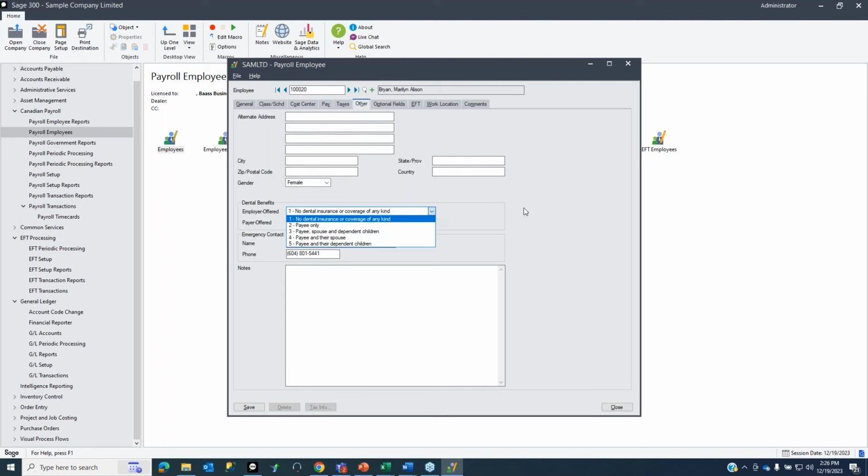If you, for any reason, made a mistake and you forgot to update an employee, the reason why that code is populated is so that if someone wants to apply for those benefits, they would have to have a registered, or they would have to have a TD1 or T4 that has already been processed, so that they could see if somebody does have access to a dental plan and they're trying to get additional benefits. So that's the whole purpose of it, so that people who apply for the benefit are not also receiving the